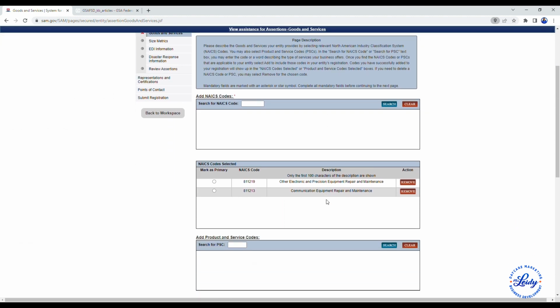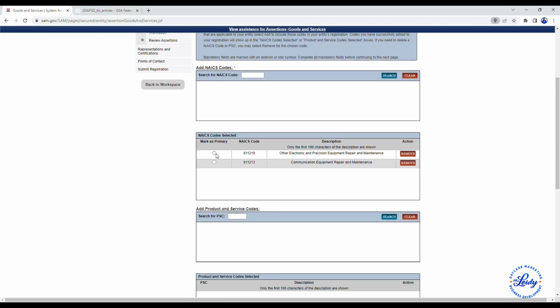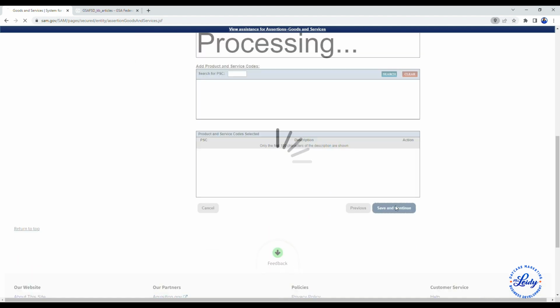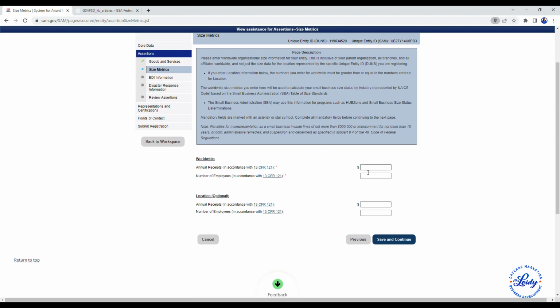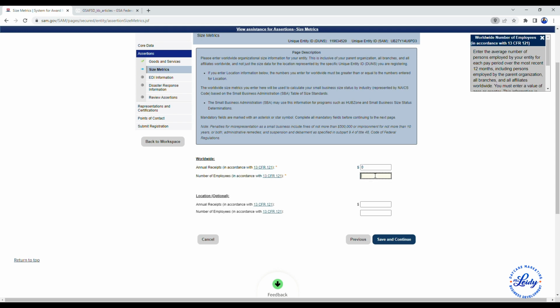On this page here, it's saying I made a mistake. So I had to take them out, and I had to add just one. And so you just select one, and then it will allow you to go into the next page. On this page here, it's going to ask you what your annual receipts are. In this case, this business is new, so it doesn't have any receipts. And it wouldn't let me put 0, so I had to put $100 in there, so it would let me